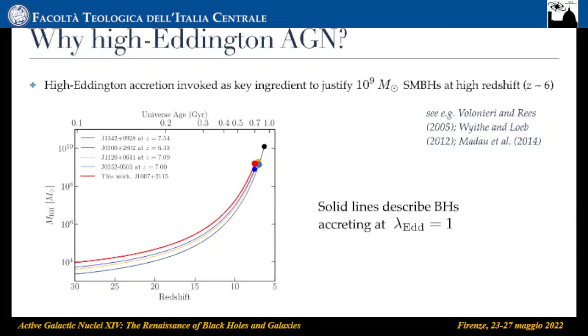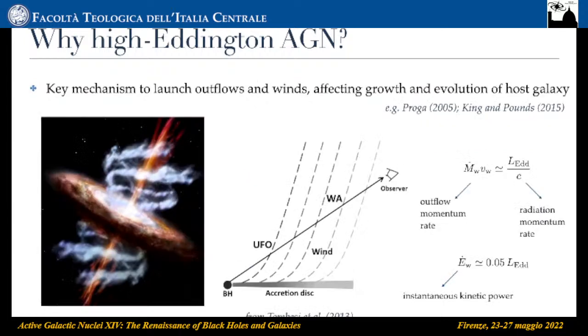Many believe that at least a period of high Eddington accretion can be a possibility to justify the presence of 10^9 solar mass black holes at high redshift, when the universe was less than 1 gigayear old. And finally, these sources are also thought to be prone to accelerate powerful disk winds, such as warm absorbers and ultra-fast outflows, that can be capable of affecting the growth and the evolution of the host galaxy where the AGN